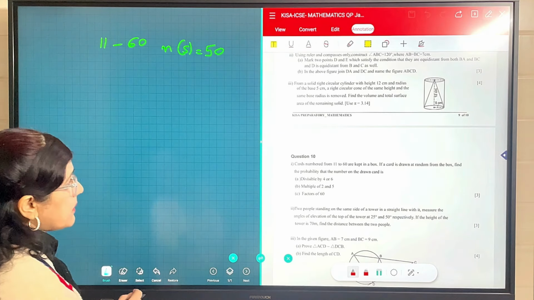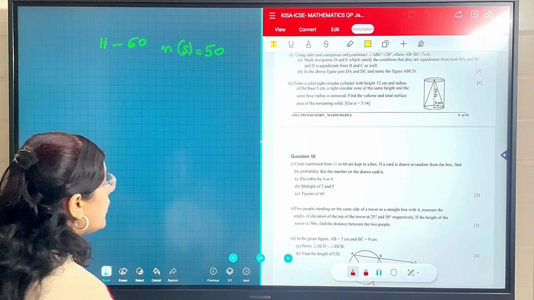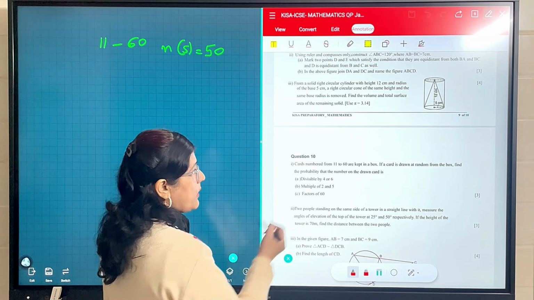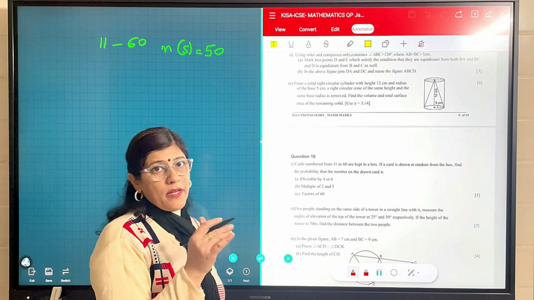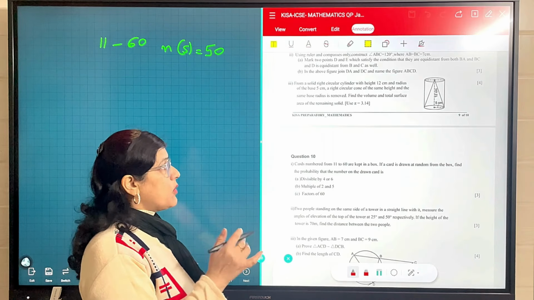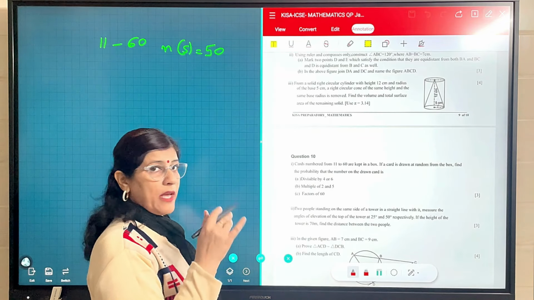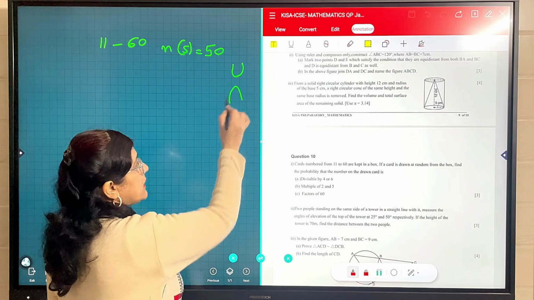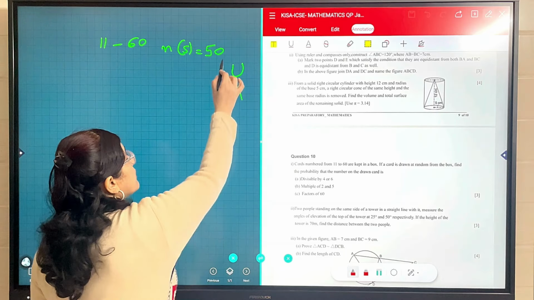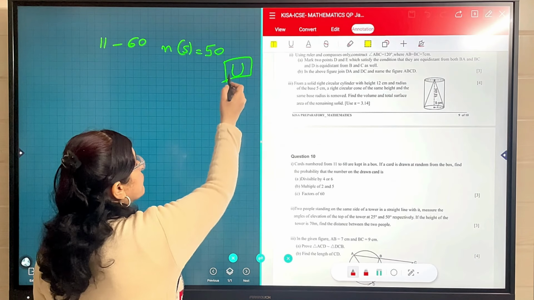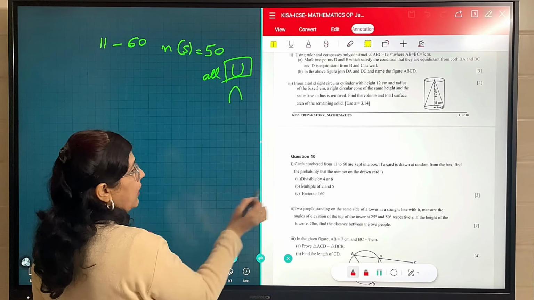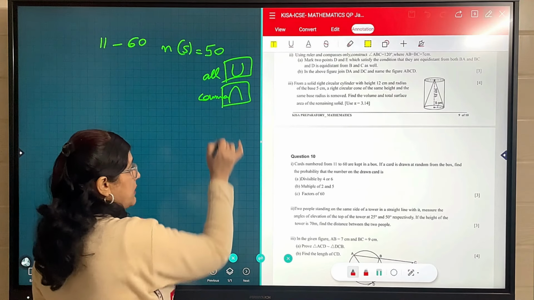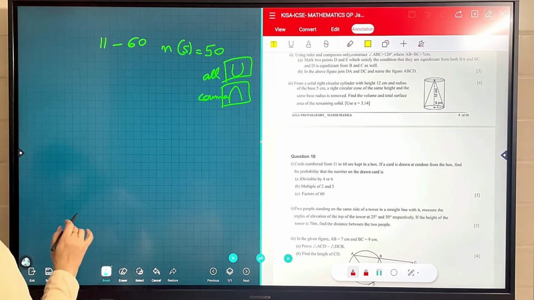If a card is drawn at random from the box, find the probability that the number on the drawn card is divisible by 4 or 6. In this question they have mentioned 4 or 6, and 2 and 5. These types of questions are generally not asked in the ICSE board for class 10, because if OR is given then we have to take all, which means we have to take the union, and if AND is given then we have to take the intersection, meaning only the common ones. But still, now that the question has come, we have to solve it. Where there is OR we take all, and where there is intersection we take only the common ones. But first we have to write all the sample space, how many there will be.